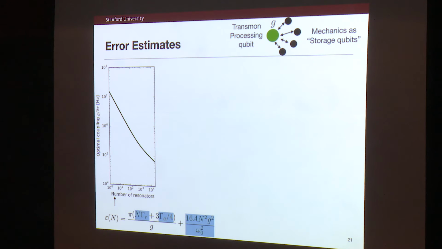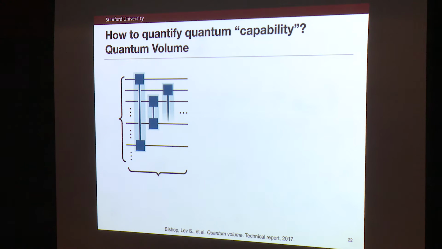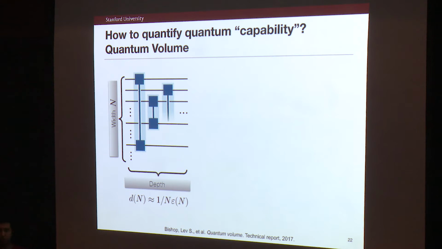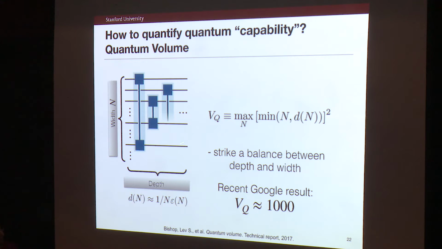And now that we have that, we have to ask another question, which is, what gives you the most quantum capability? And because I really don't know what the right answer to this is, this paper has a metric called the quantum volume, which seems okay, so we'll use that. I don't really know what that means, so that's the caveat. But the way it's calculated is, your circuit has a width and it has a depth. And the depth we call the number of operations you do before you have a single error. So that scales as 1 over n times this error. And the volume is basically the maximum square that you can fit in this.